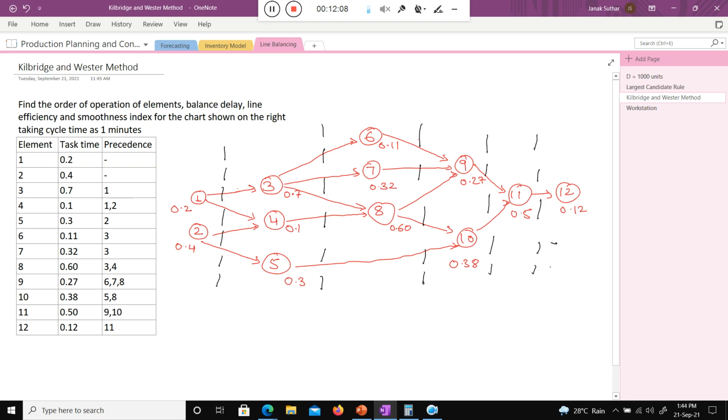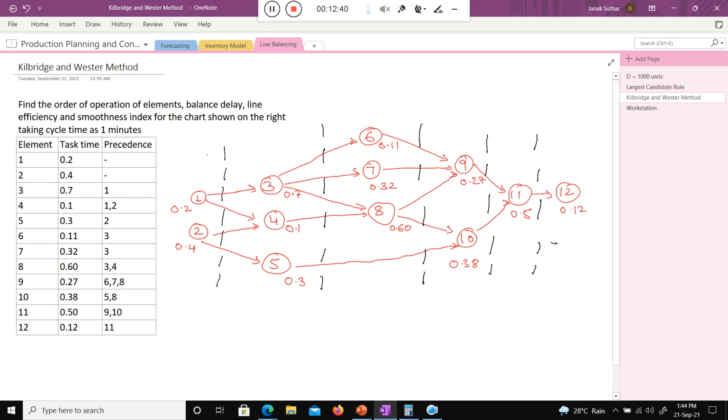Okay, is there any doubt about how to divide the entire precedence diagram into small parts by using the column section? This is actually known as a column section. So is there any doubt? When I talk about 1 and 2, you can easily divide them from 3, 4, 5 because there is a gap available. Here also you can draw a vertical line, here also you can easily draw the vertical line. Okay, so is there any doubt now, class?